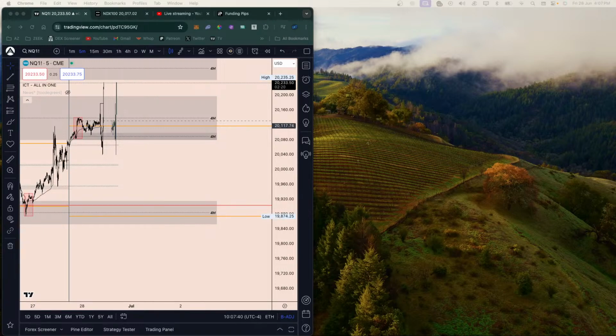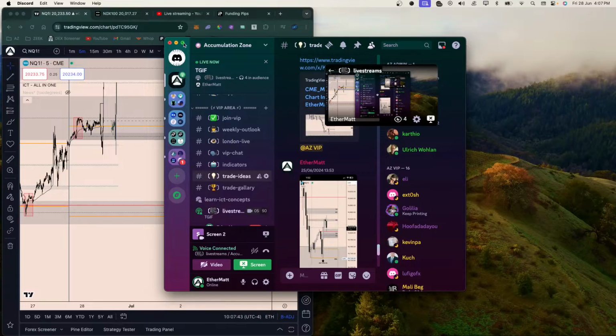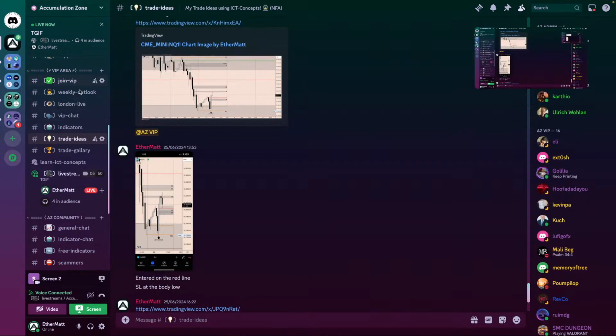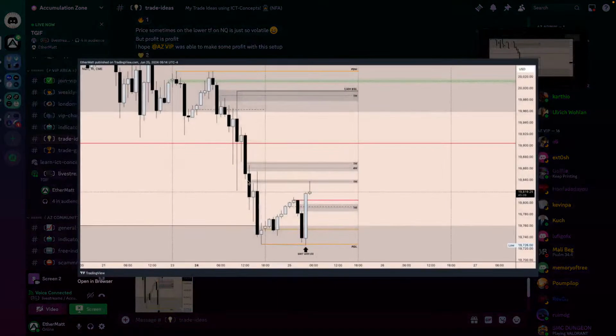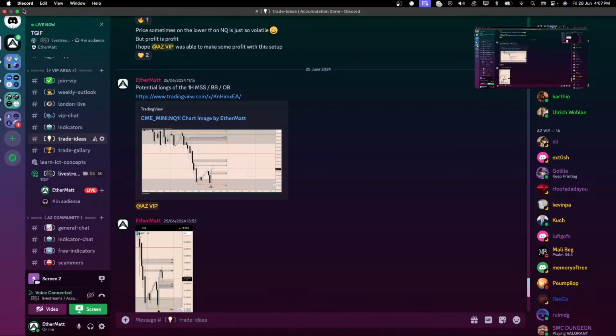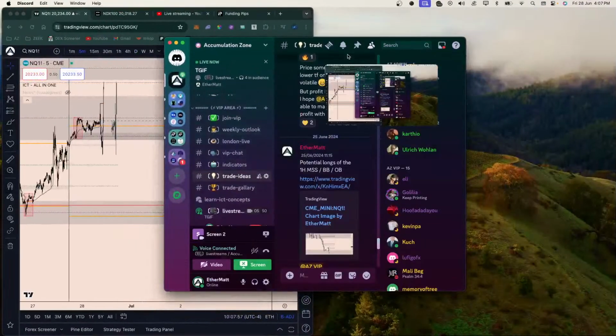Here on the hourly time frame inside the trade ideas section of the VIP group right here on the Discord. Potential longs off the 1 hour market structure shift. This right here is the low of the week. If we look at that on the current chart right now,